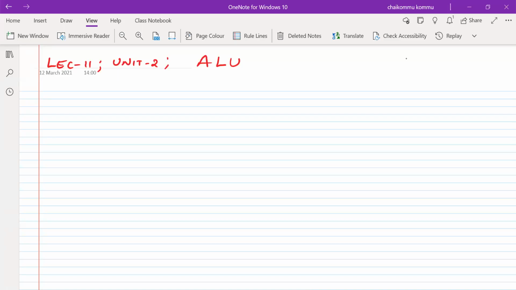Okay, so today we are going to look at the ALU subsystem design with the help of Verilog HDL. And if you know this ALU subsystem design by using structural modeling, the structural modeling concept will be over. So therefore we are going to look at this one. So let us consider a 4-bit ALU.